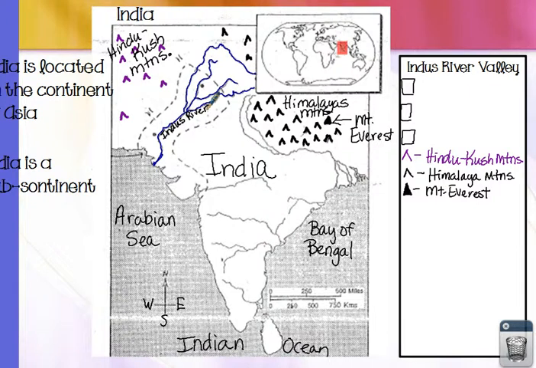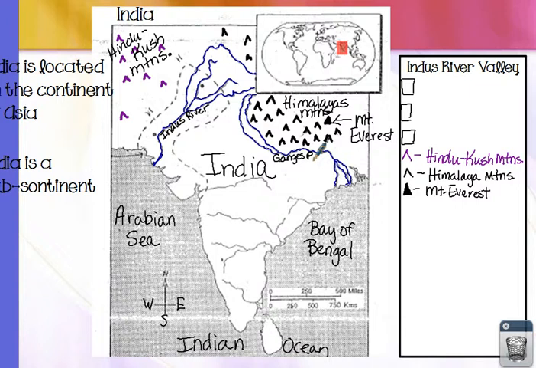All right, now, the next river that we are going to mark dumps into the Bay of Bengal over here. So this is this river. This is called the Ganges. So you're going to trace this river all the way up and under your locator map. Okay, this is the Ganges. And once you get it traced, we're going to label it